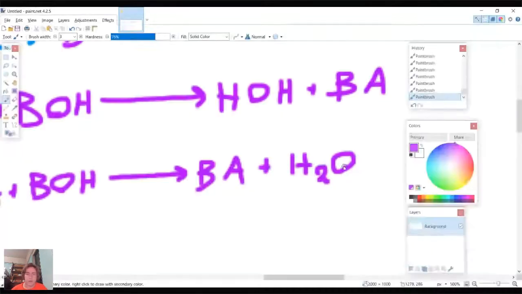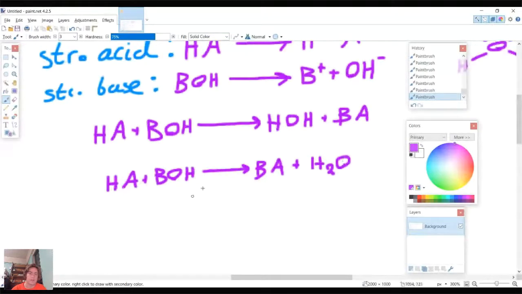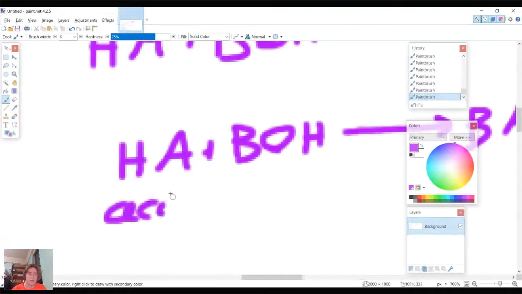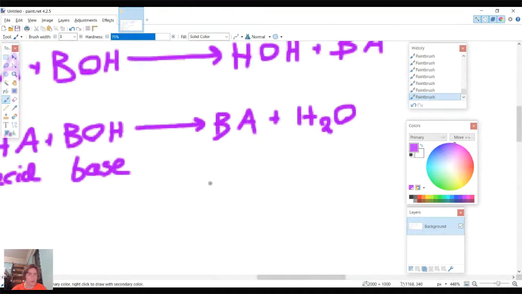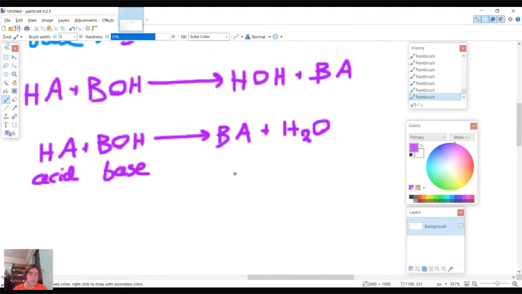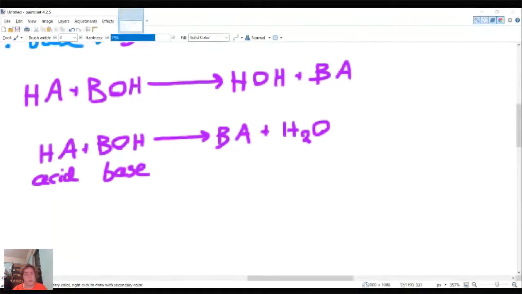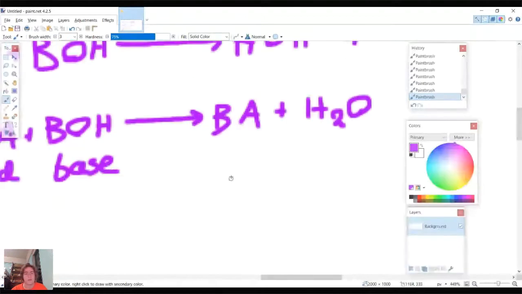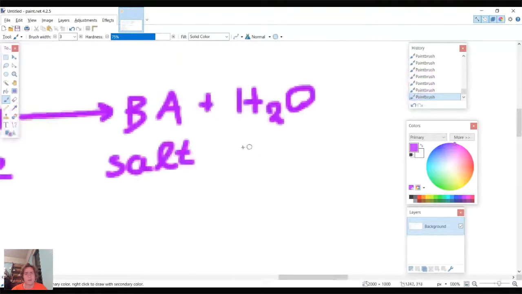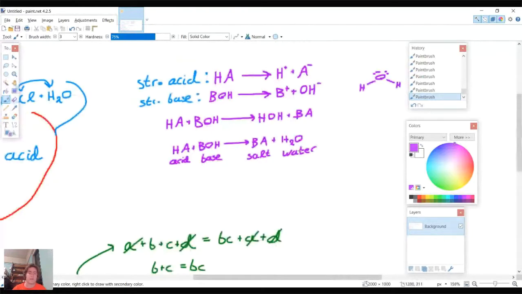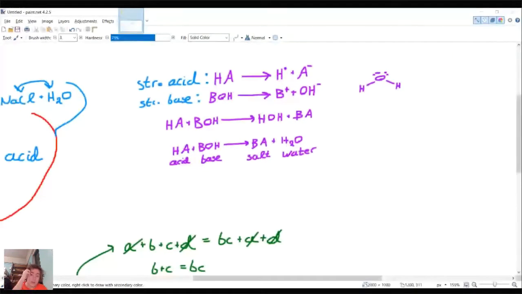There's more vocab to discuss here. This would be an acid, strong acid. This would be a base. This would be the salt or the precipitate. Either one works. Salt is more commonly used in an acid-base reaction like this. Precipitate is more used for something else that we'll go over later in the stream. So this is a salt. And this is just water. There's no special name for it in this case. If the water were under the arrow, it would be called a solvent. But in this case, it's a water, just because it's a chemical species in the reaction.